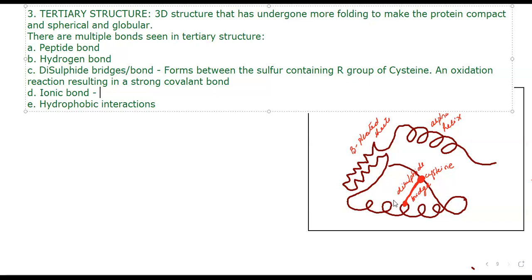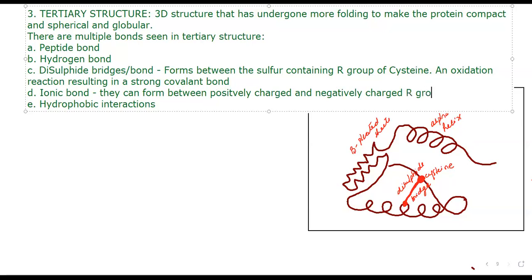If, for example, over here we had the amino acid cysteine, and because of a mutation or a change in DNA, I put some other amino acid like glycine, which doesn't have sulfur in it, it will not be able to make the disulfide bond because it does not have the correct R group. The protein will not fold properly, it will not work properly. This is why the R group is so important. Then we can have our ionic bonds. They can form between positively charged and negatively charged amino acids.